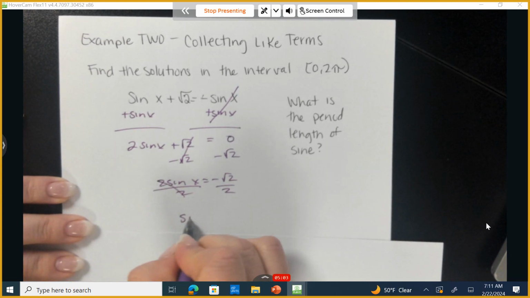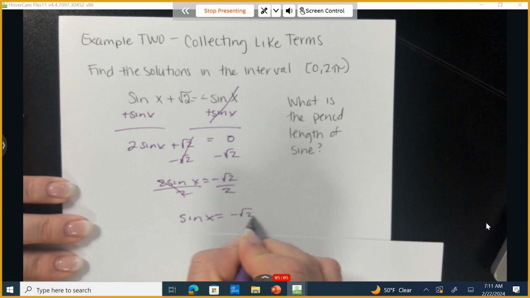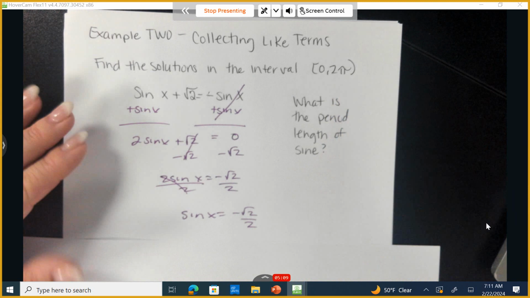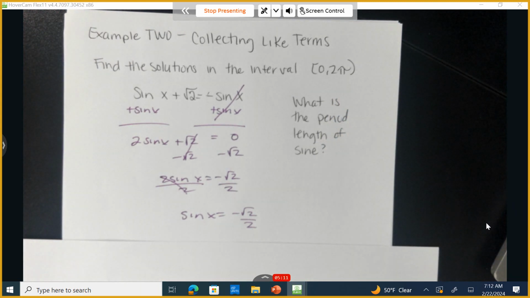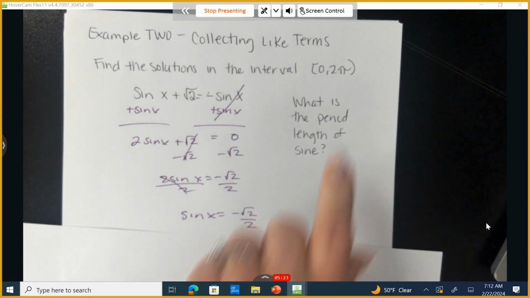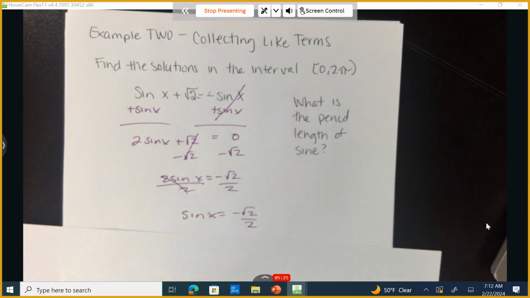And now I have the sine of x equals negative radical 2 over 2. I'm going to press pause on this video for those that are watching this in playback, and I want to give you 30 seconds to finish writing this down, and then without looking at the cheat sheet, I want you to locate on the interval provided to us, where do we find these solutions? I'm going to provide you with 30